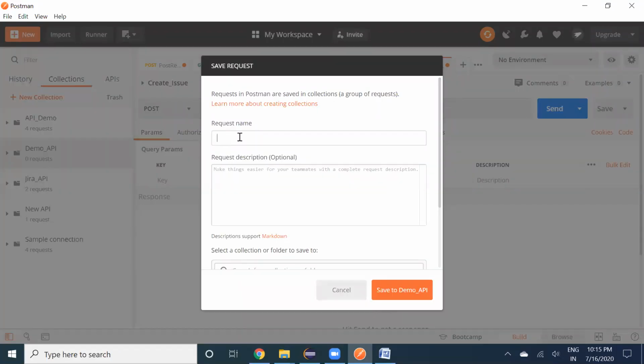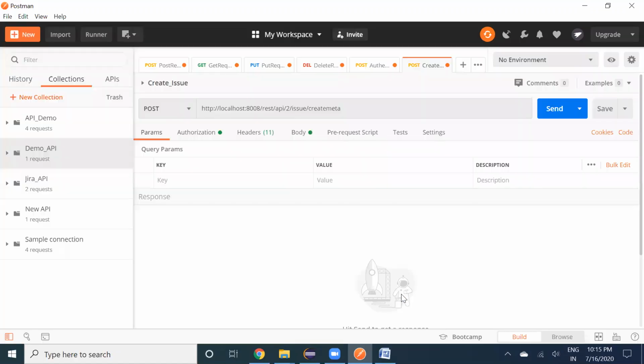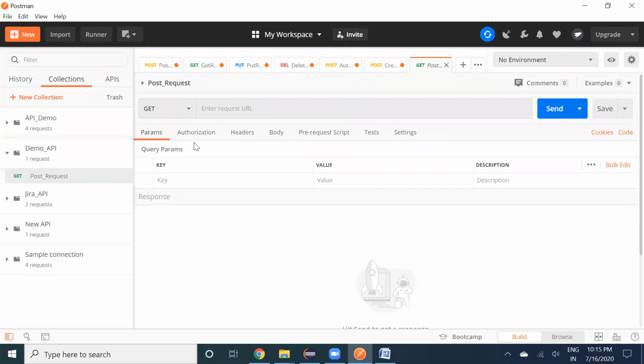As I told you, creating a resource is called POST. We can create a POST request, and click save to demo API. Can you take the API which we have?